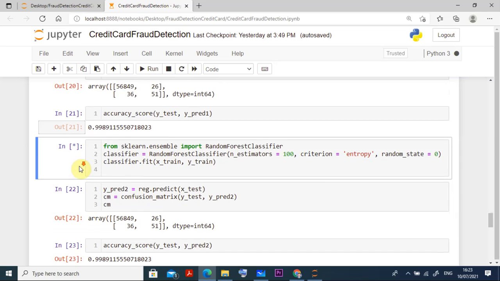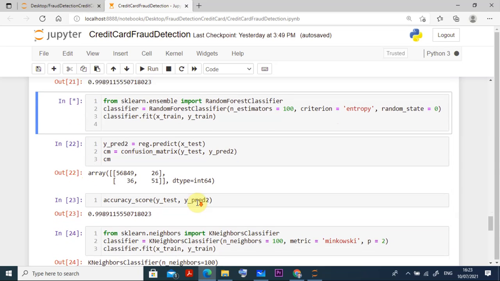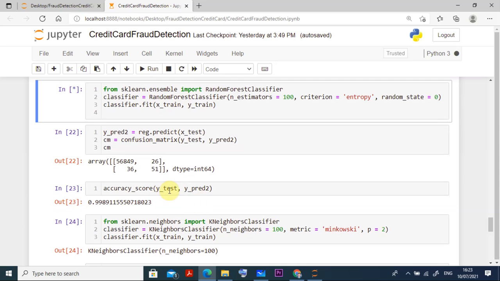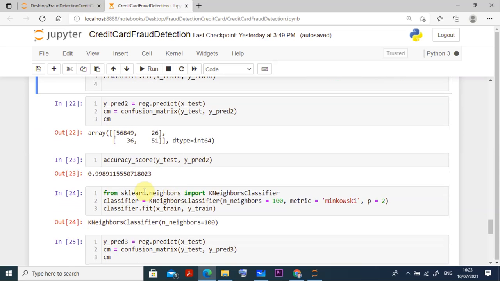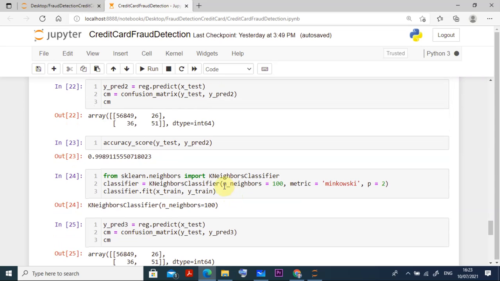Don't worry, it will run, and in this case while you are running this one, you will get the array like that. These are things you will get there, and the data type you are also getting as integer 64. Then the accuracy score also comes once you run this one. Then next immediately you are going for this k neighbors. In the k nearest neighbors, you run this one, it is running.